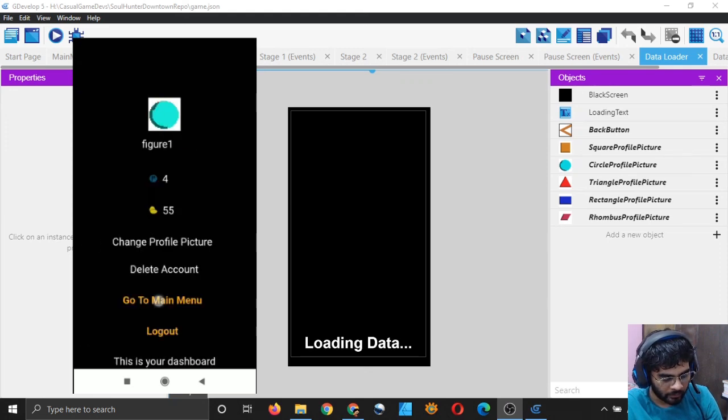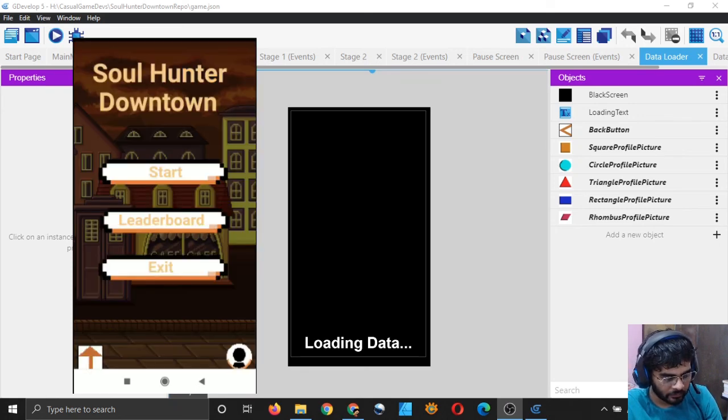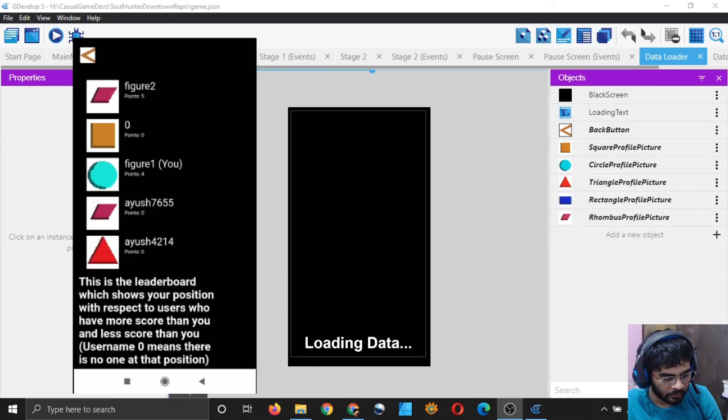So I will go to main menu, and now I can see my upgrades, right? I can upgrade the damage, and now it is so much. I can see the local leaderboard, and I can see myself here.